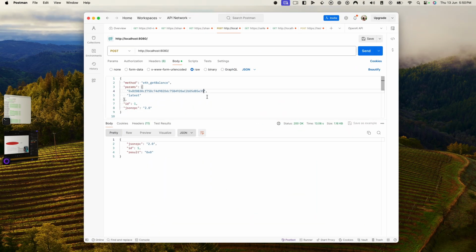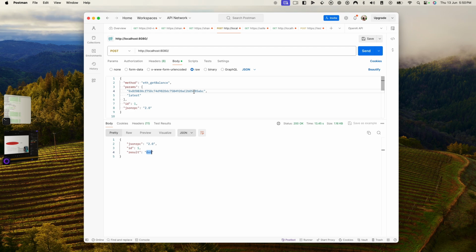So let's say that I remove the last 3 digits of this account and I put ABC, right? That is not a valid address, but if I run it against the JSON RPC server, it's not going to catch that it's dummy text that I've put there. I still get a result back telling me that you have nothing in this account, but ideally what I would expect is that it will say, hey, this is not a valid Ethereum address or something like that. So again, that could be an area of contribution for someone who's interested in helping us